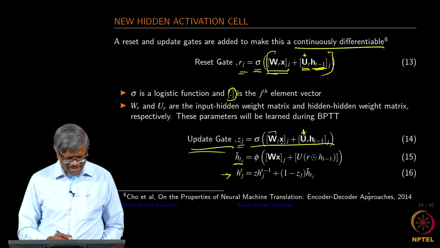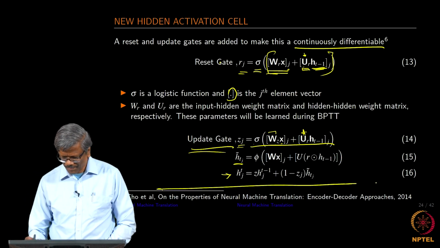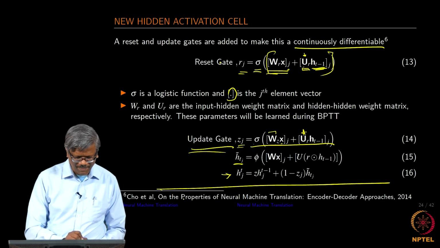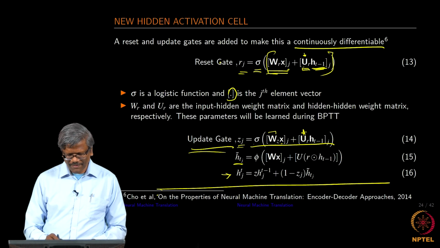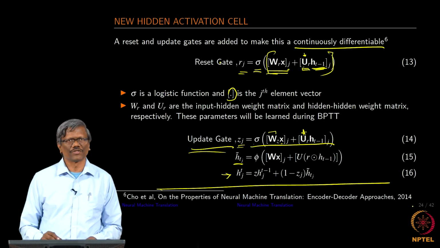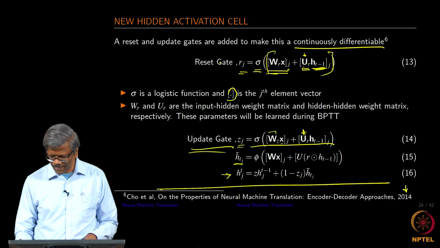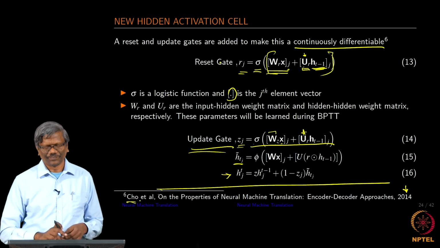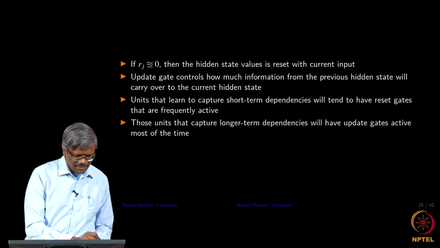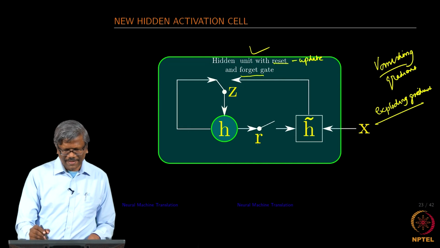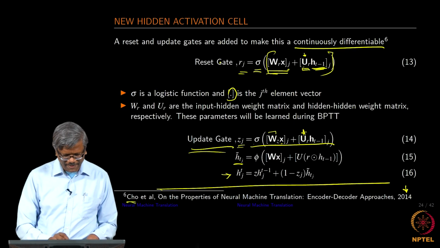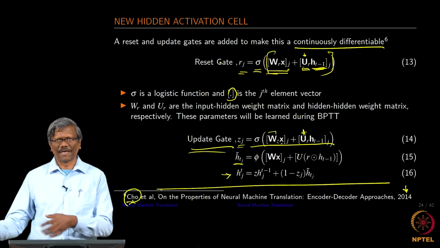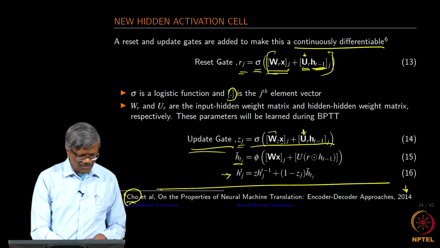In this particular presentation, I am using this paper, okay, for the presentation. So, you may want to go and look at this paper, and this is the title, on the properties of the neural machine translation encoder decoder approaches, 2014. There is also one more paper earlier to this written by the same author that talks about the standard model. I think some of the gate that I mentioned is found as part of the paper written by Cho. That is the first paper that came out in the translation using the neural net model.